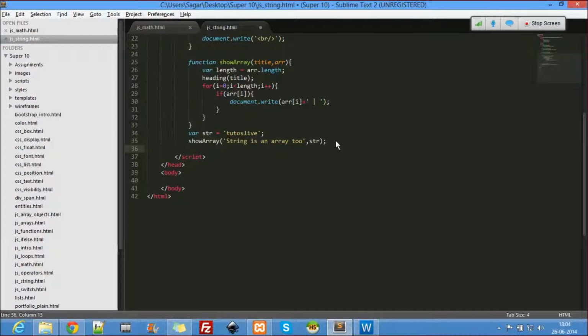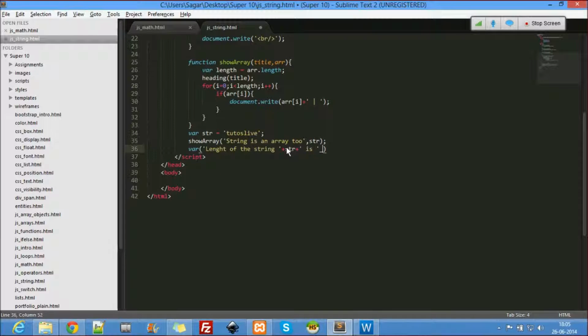So now the first is length. Var str, the length of the string. You can see my screen, right?